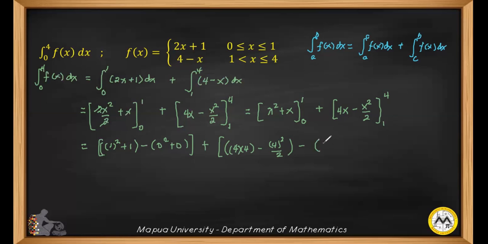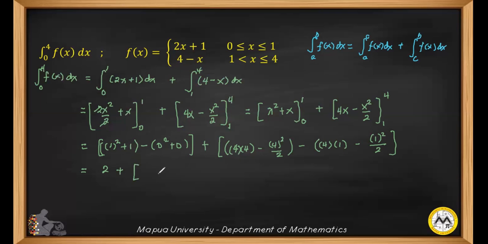So that gives us 4 times 1 minus 1 raised to the second power over 2. Simplifying will give us 1 plus 1 is 2. Of course, this is 0. So that will simply give us 2 plus,